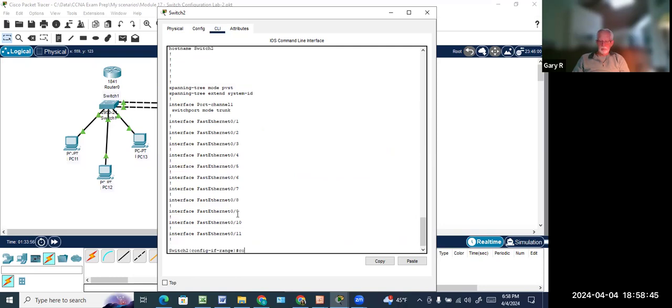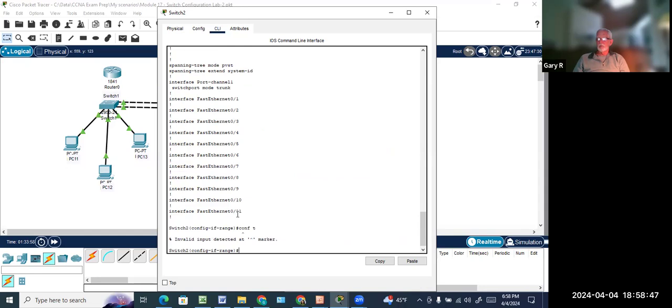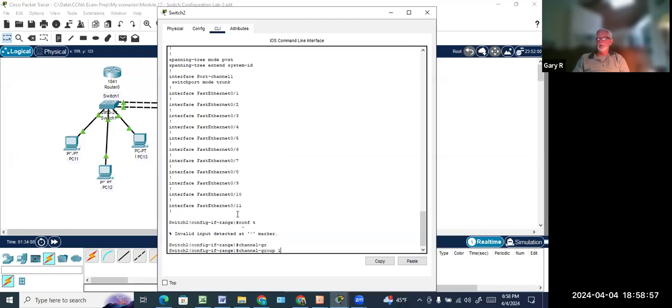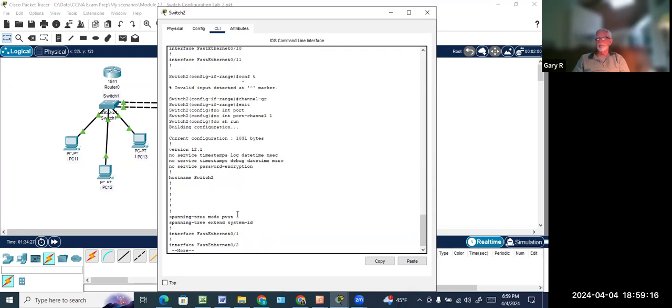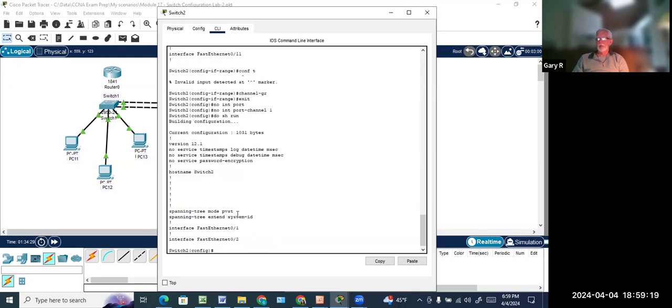I don't know about that error message you just saw. That's right. So what we want to do is channel group 1. Oh, I know what. Let's get that interface. No, I can't do that. I have to go exit by 1 level. No int port channel 1. Let's see if that wipes that out. Okay, so now do show run. And I don't have it there. Okay, so now